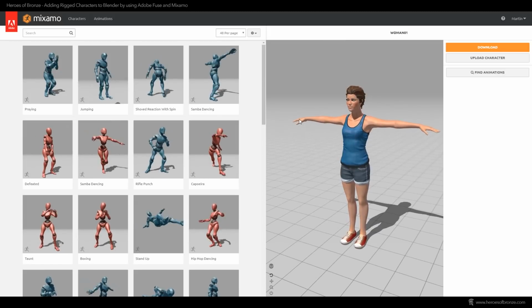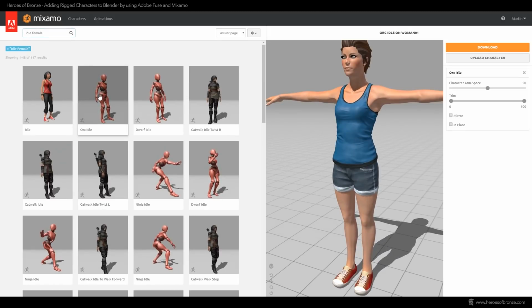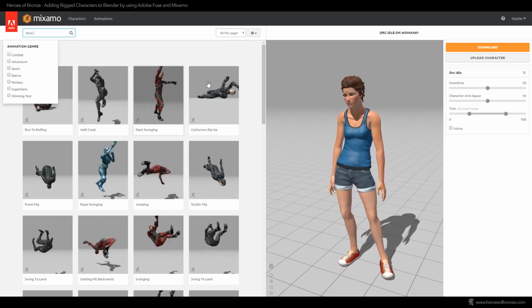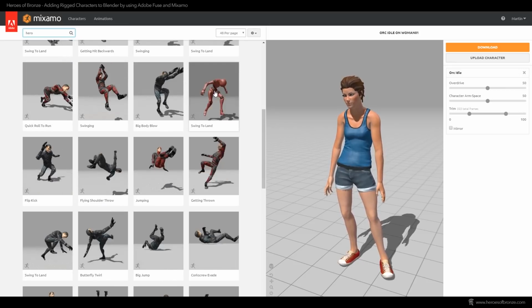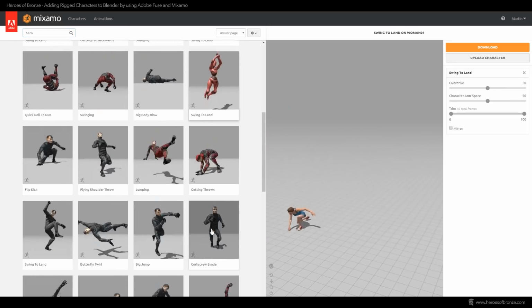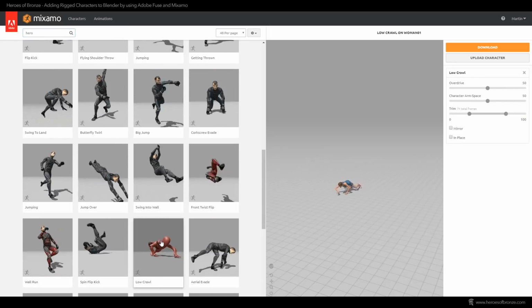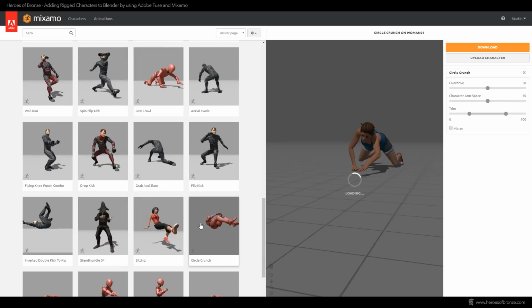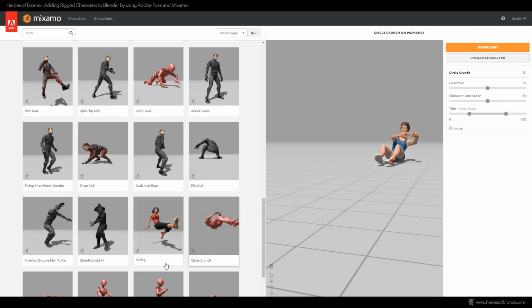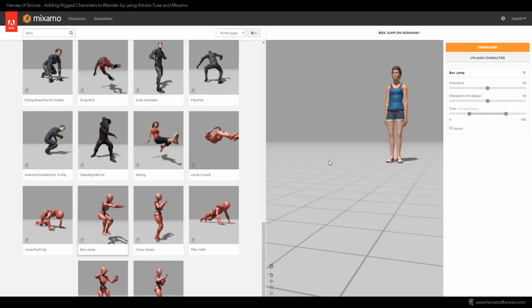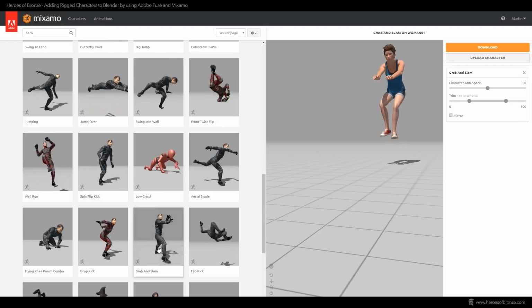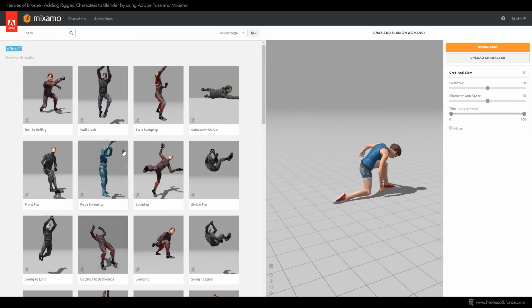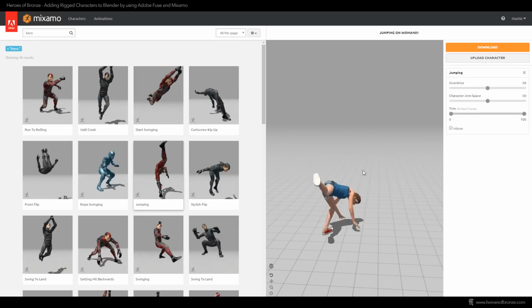After you let Mixamo prepare your character, you can just choose to download it or add some animations to it. Here it's just about choosing your favorite animation. There's so many short clips you can choose from, starting from basic idle poses to crazy action stuff. So cool. If you want to create your own CG short film and know nothing about animation and have nobody to help you, like me, here you can definitely find your animations, and with some planning and creativity, you can put together cool videos just using these clips.